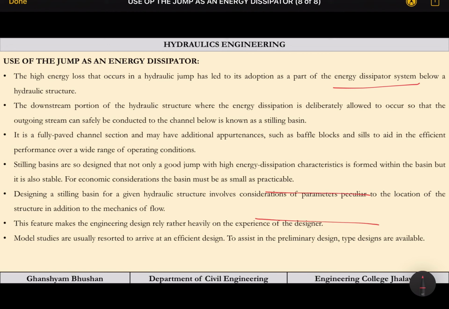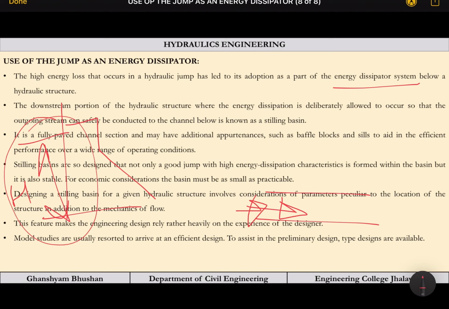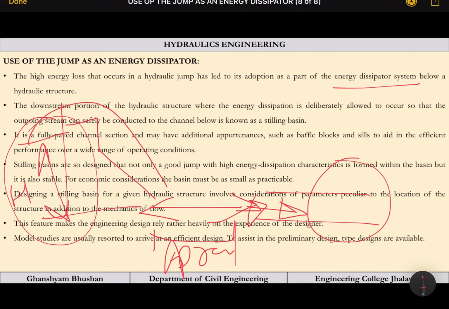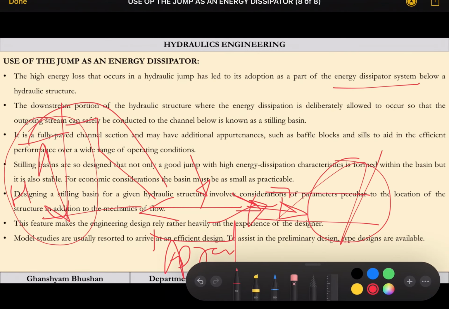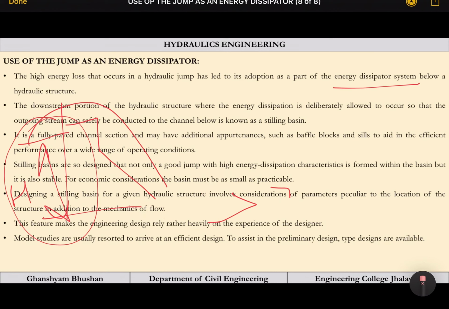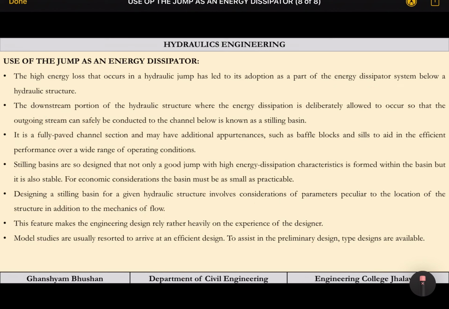So we have to make the water flow in this channel, and we are having a very huge head of water, so it will have very high energy. If this channel cannot take that much energy, what we are going to do is make the water flow here. We will provide a length of apron, this is called the apron, where the energy loss takes place. So after the energy is lost, the water can easily flow inside that particular channel, or whatever requirement is there, we can make the energy loss, and then it can flow.